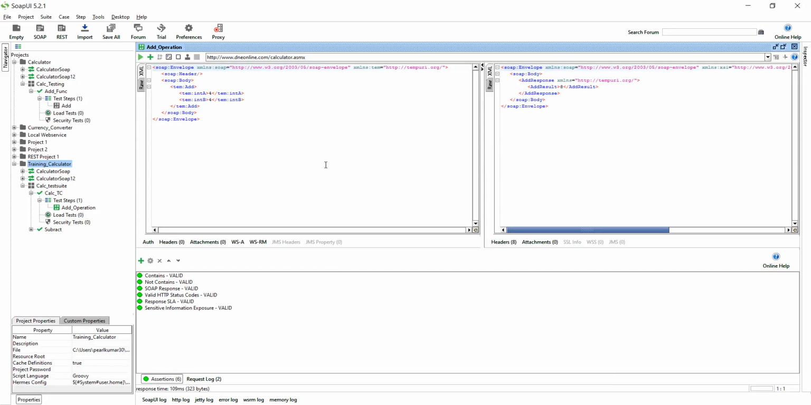Welcome back, guys. So in this tutorial we are going to see how we can add an XML XPath assertion. This is one of the very important concepts because it is useful in order to validate the exact response you are expecting. Say in this tutorial you gave 4 plus 4 and you got the response as 8. So you need to make sure for the add result, next to the add result tag, the number 8 is